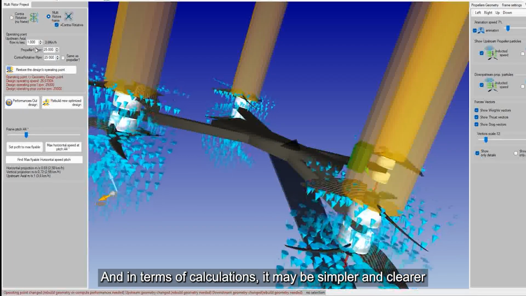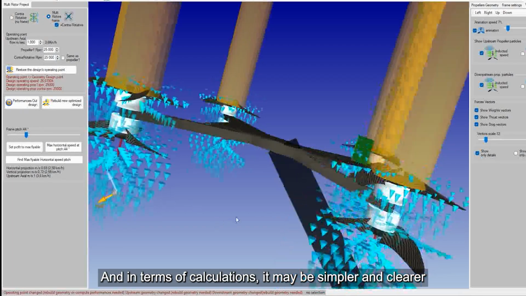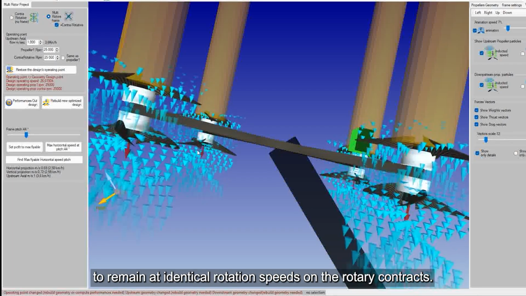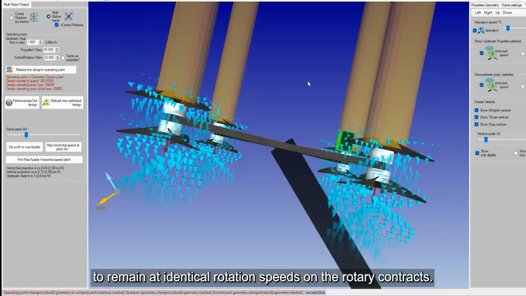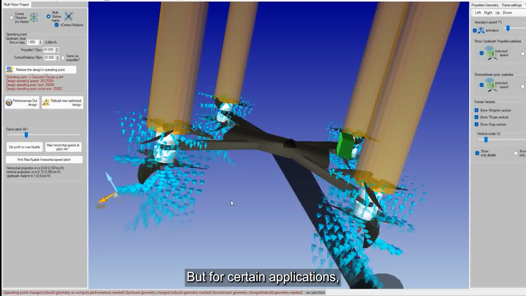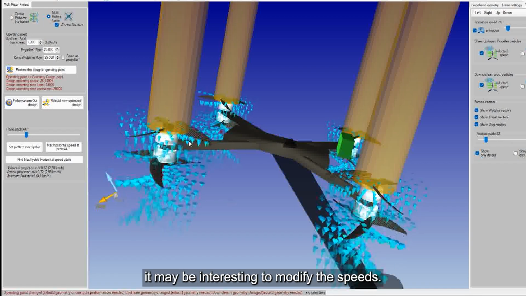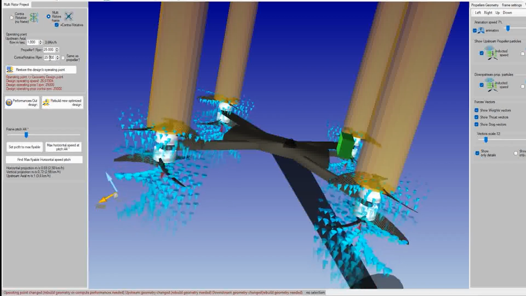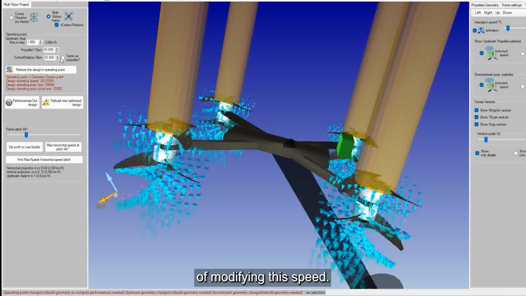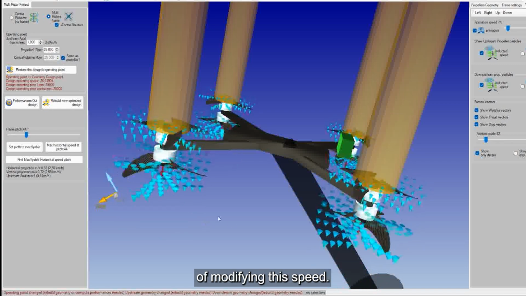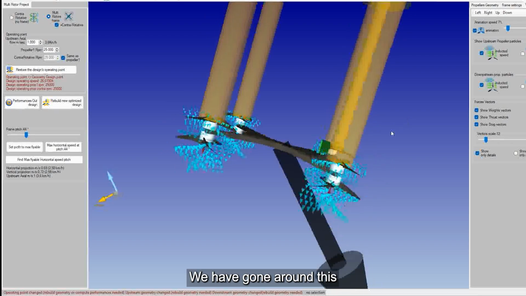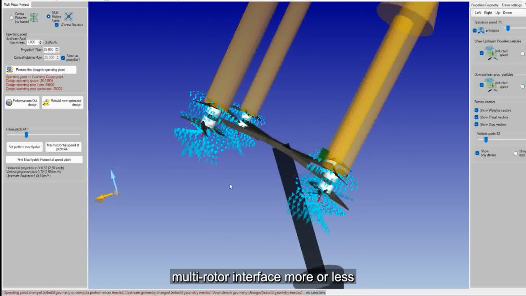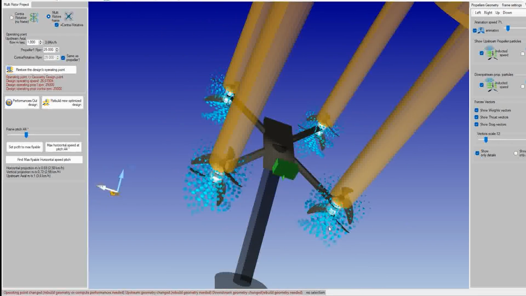And in terms of calculations, it may be simpler and clearer to remain at identical rotation speeds on the rotors. But for certain applications, it may be interesting to modify the speeds, so we retain the possibility of modifying this speed. We have gone around this multi-rotor interface more or less.